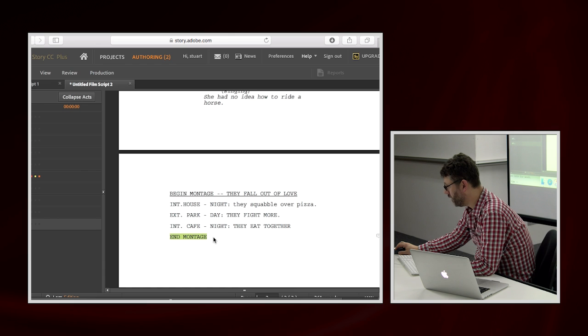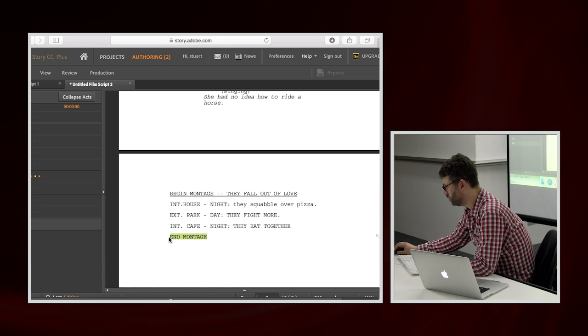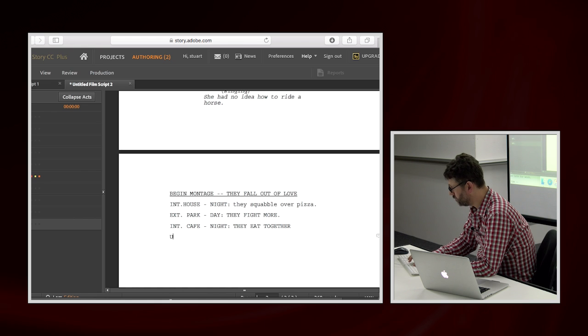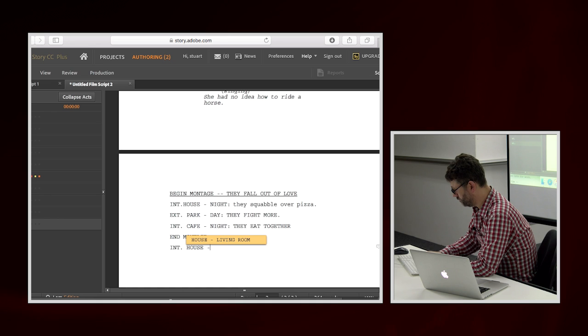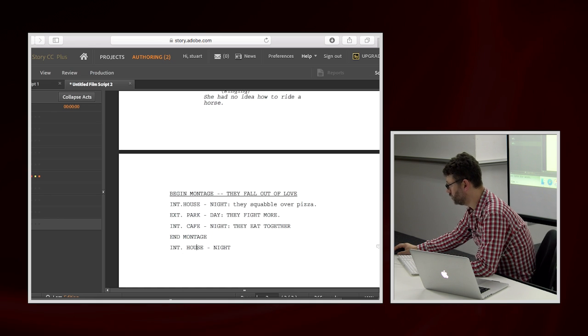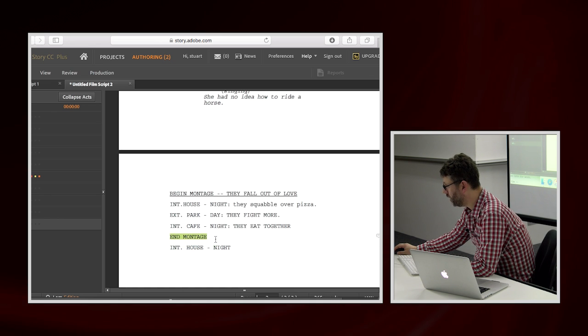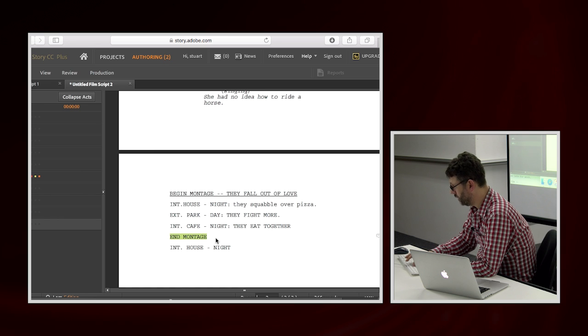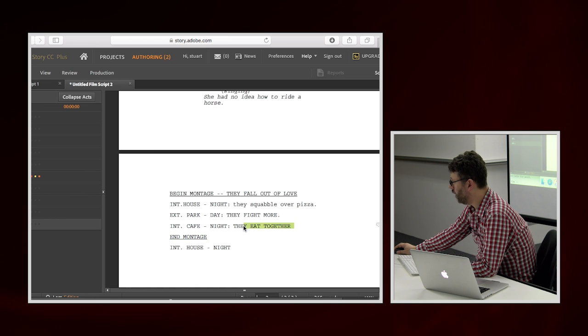And then you go back to regular scenes. Oh, I don't know why that's not in montage. And you would underline this, which doesn't appear to be doing it. Right, there we go. Okay, so I would write